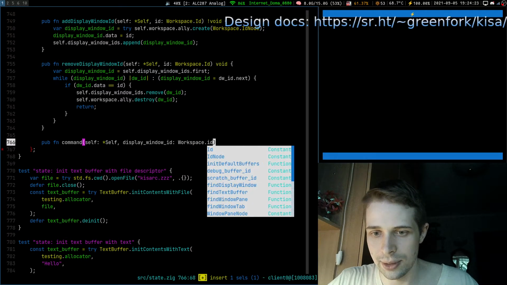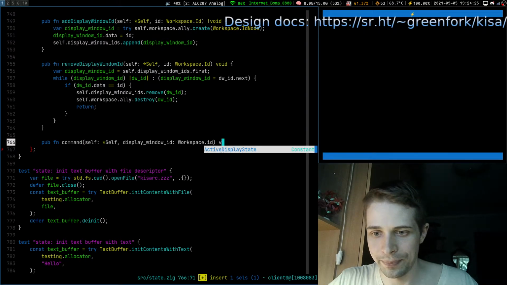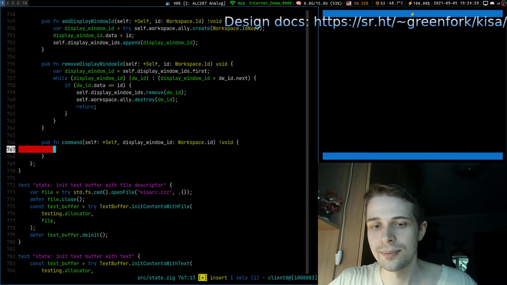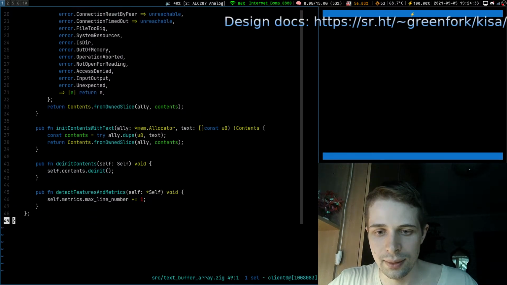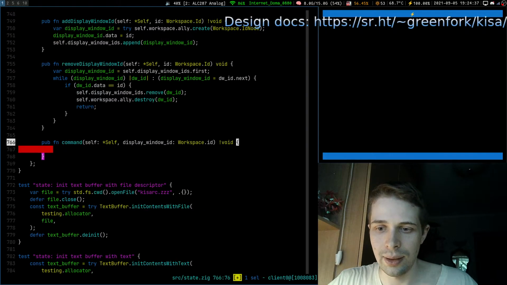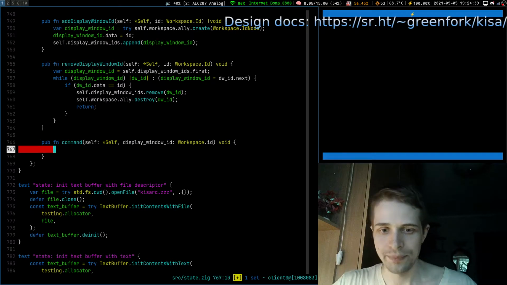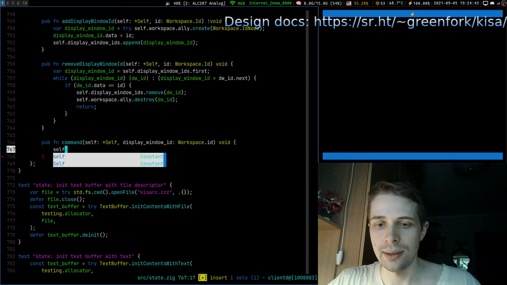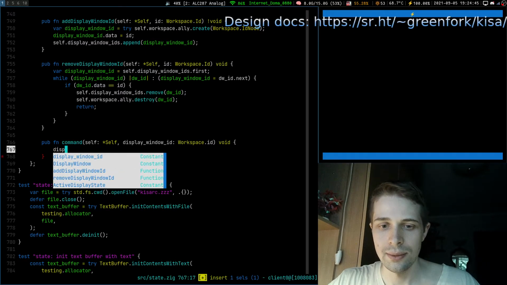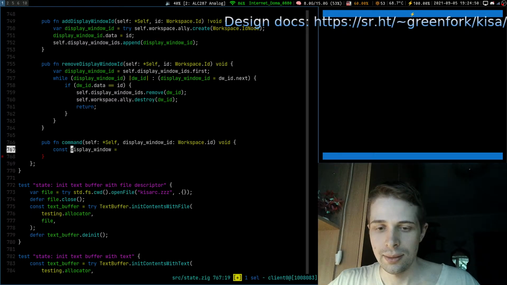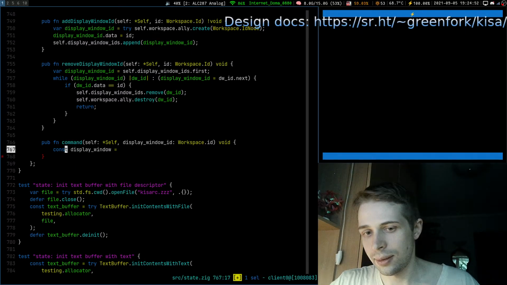For now, we will just do it the simplest way possible. We can fail in this one, I believe. Or do we? I don't know. Let's remove it for now then. And first we go and find our display window. Display window equals, probably var const.